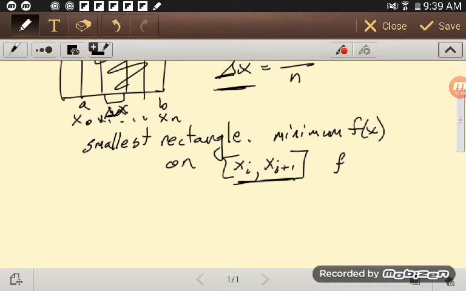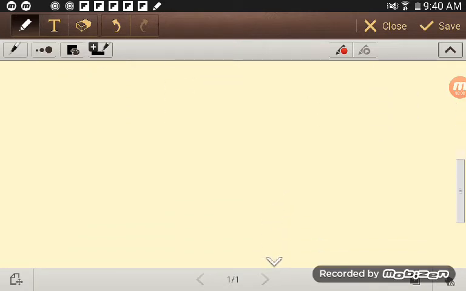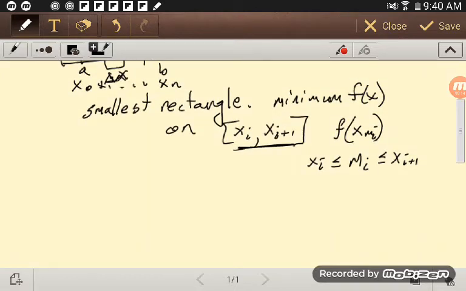So that value is f of x sub little m, and what we know is that, for that particular m, I should have an i on there, so a double subscript, x sub i is less than or equal to m sub i less than or equal to x sub i plus 1. We have something like that, and then